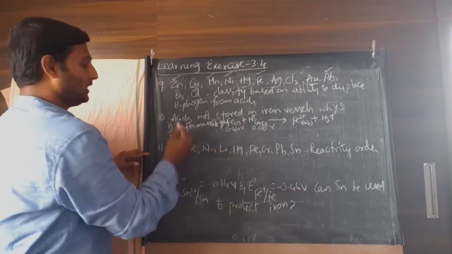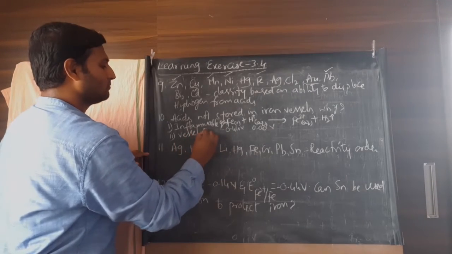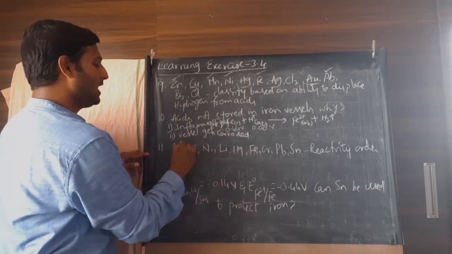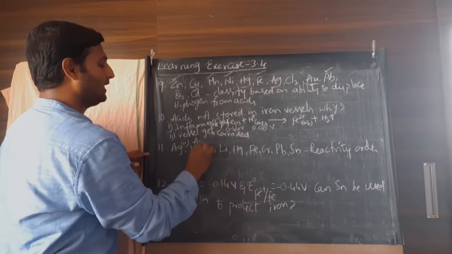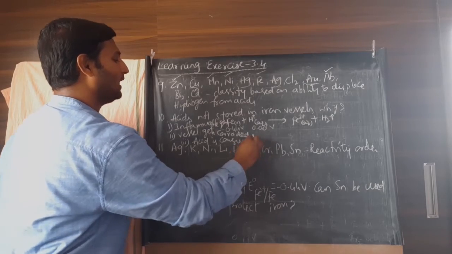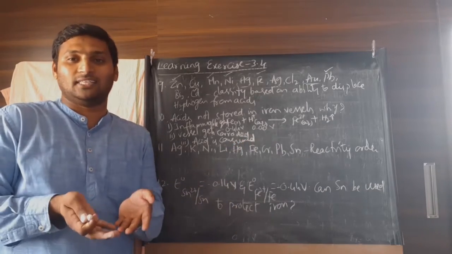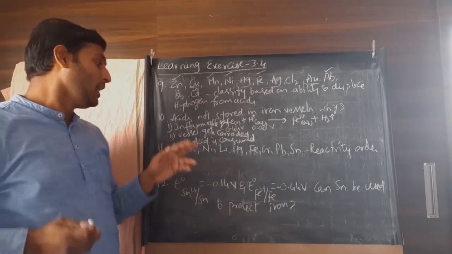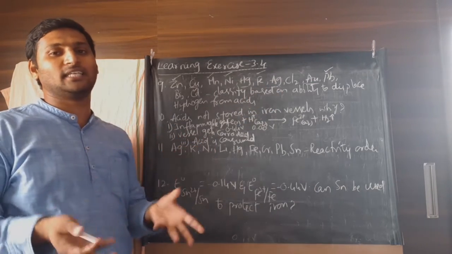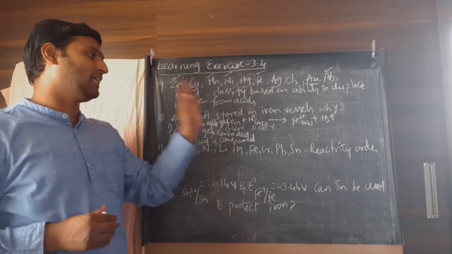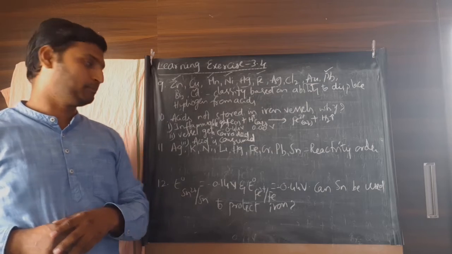And two, the vessel gets corroded because it is being consumed for oxidation. And three, more importantly, the acid is consumed, whereas you are aiming to store that acid for some other purpose, not to produce hydrogen gas, right? You are aiming to store that acid, but that acid is getting consumed. What is the use of storing like that? So that's why acids cannot be stored in iron vessels.